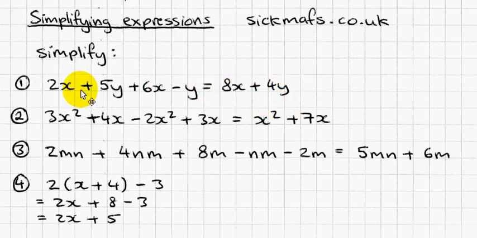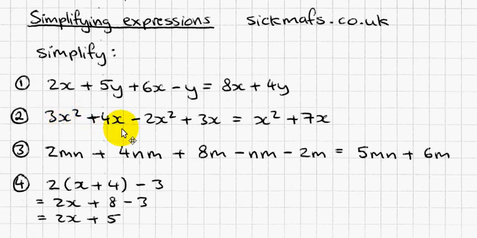Remember, you can only group things by their letter. So how many x's do I have and how many y's do I have? That's what I've got there. But the x's and the y's don't seem to mix together in any other way, right? So now we've got